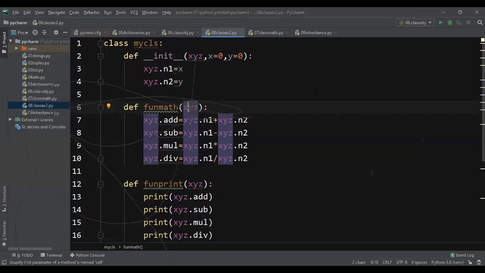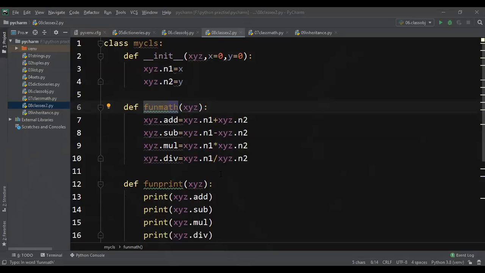So here already I have decided the reference is XYZ. When I'm creating the user defined function fun math, see, somebody is doing a notion, so please don't do that. I don't have that. Okay, I know. I'll clear all the things, clear all the tracks, and I'll disable participant notion. Okay, fine.